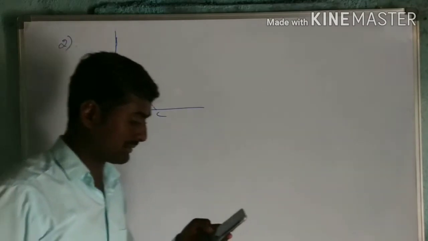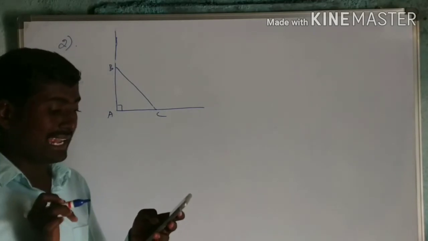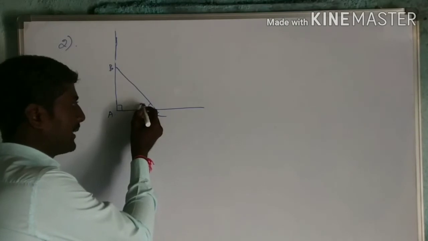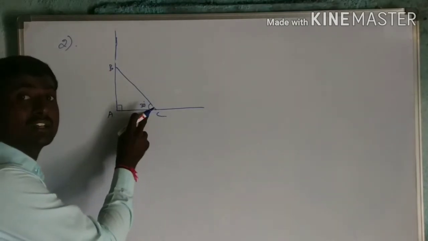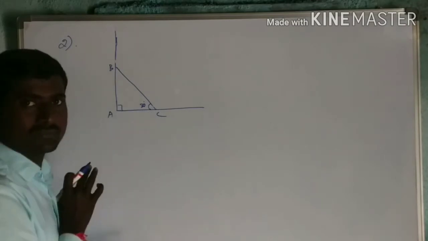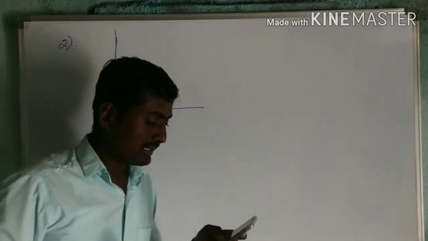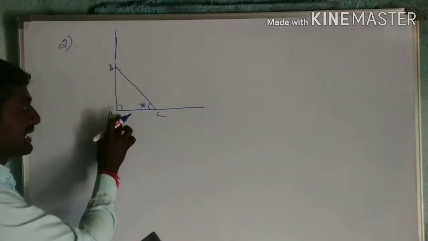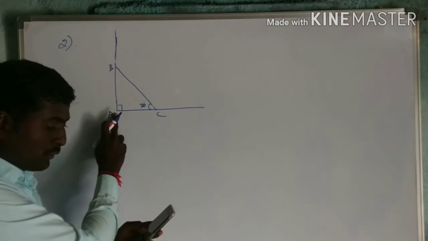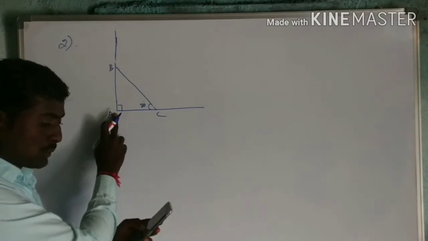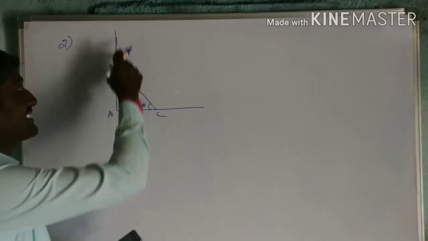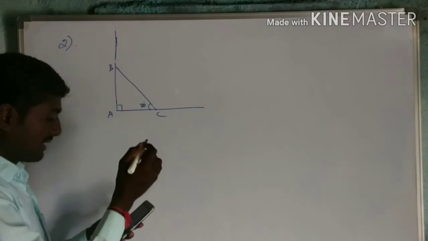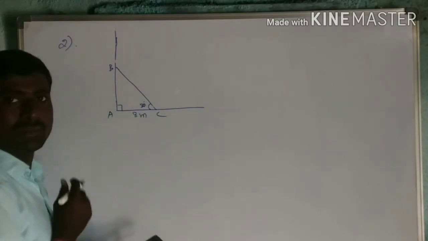Then after, you see the question: which makes what? Angle 30 degree with it. It means that the tree makes an angle of 30 degree with the ground. With it means the ground. Then the distance between the foot of the tree. This is the tree. Foot of the tree is A. Foot of the tree to the point where the top touches the ground, which is C, is 8 meter. This is how much? 8 meter.